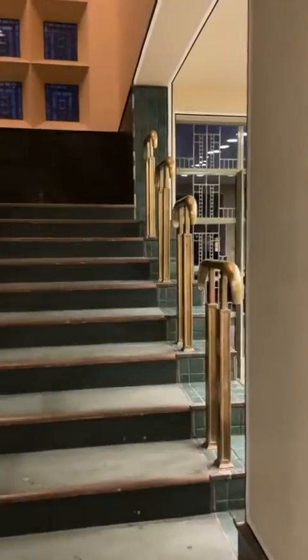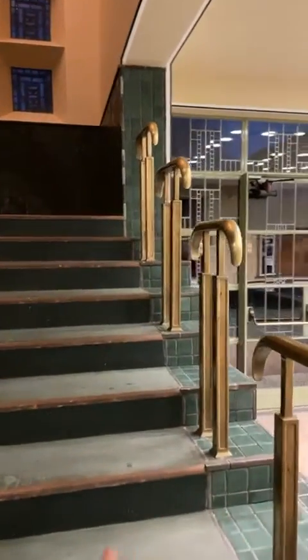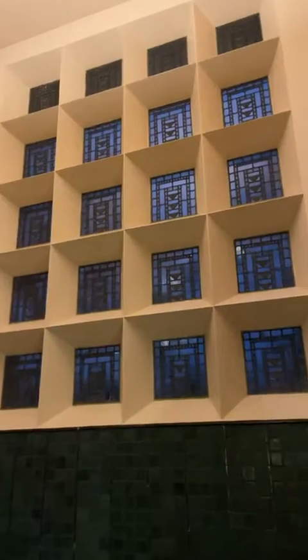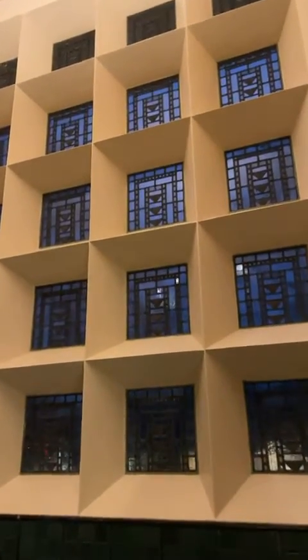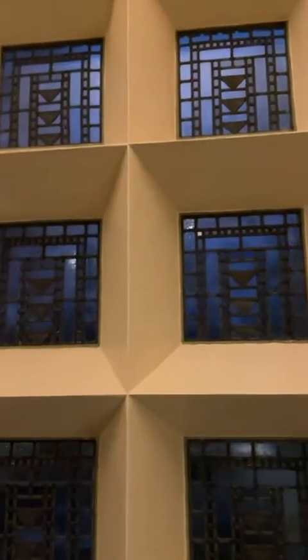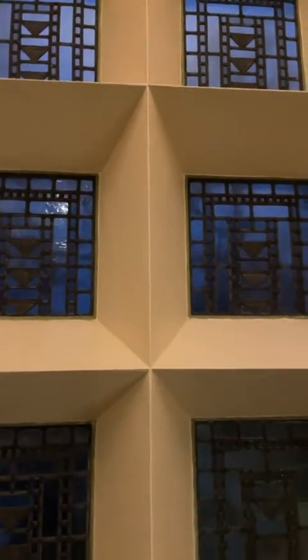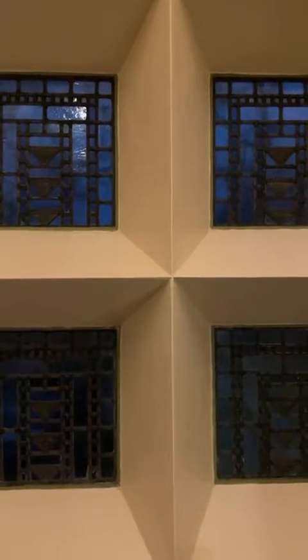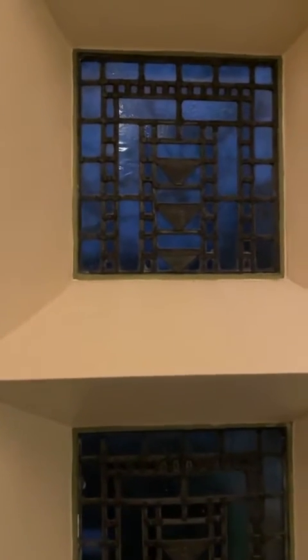And so you can sort of glide up past these Art Deco Greek Revival brass handles. And then we look up at this incredible window, which we're just getting the last of daylight coming through. Do you see how the windows are held in this frame where they meet in this perfect triangle? So you have a structural triangular structure for the windows, and then you have the black triangle in the leaded glass. And originally you would have then arrived at a carpet at the top of the stairs, which also had